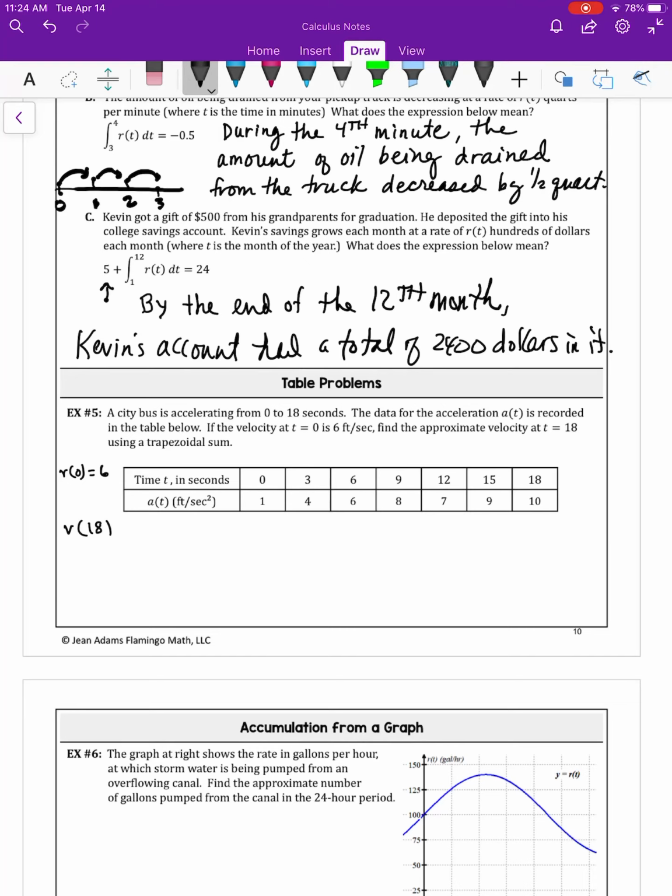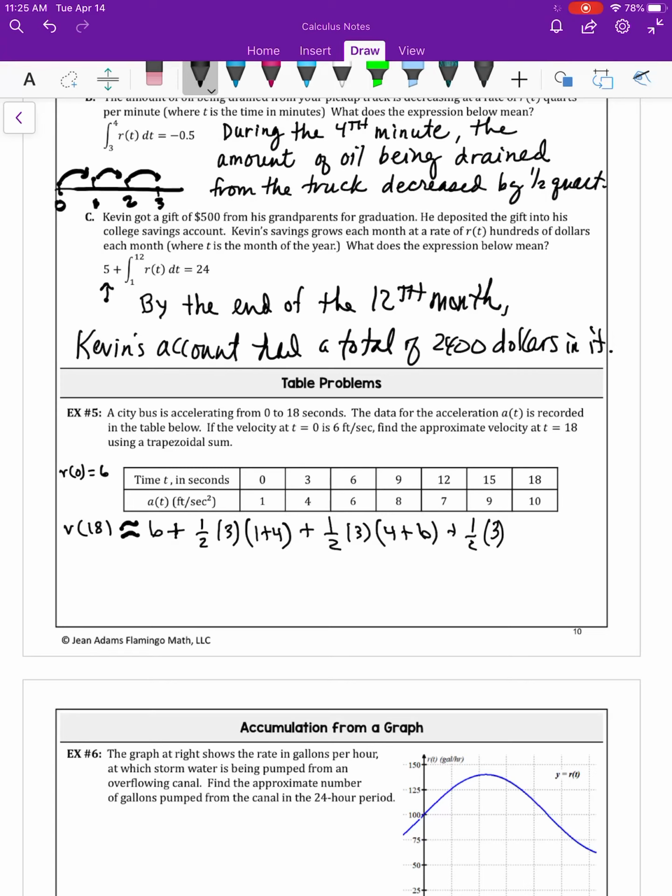And if I integrate acceleration, I'm going to get velocity. And they want us to give them an approximation for v of 18. And so we're going to say it's approximately equal to our initial plus, and now we're going to use trapezoidal to do the rest of it. So we're going to focus on these first two, 1/2, and then this would be 3 minus 0, times my 1 plus 4,